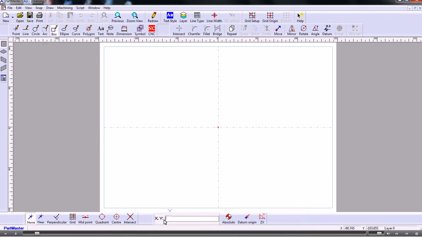For a box we need the X and Y coordinates of one corner and then the X and Y coordinates of the opposing corner. When you're entering values within the command window down here, they can be in absolute or in incremental mode. The default is to be in